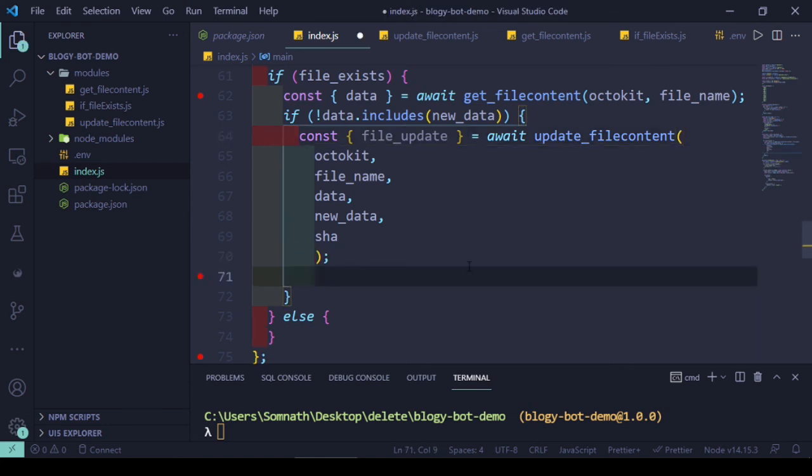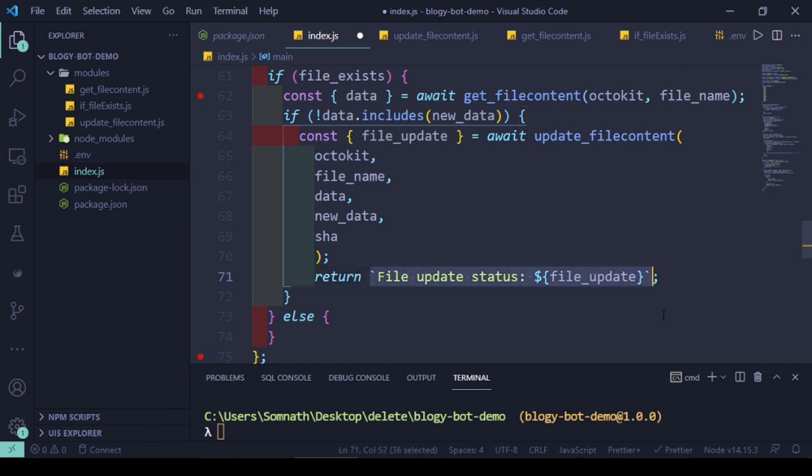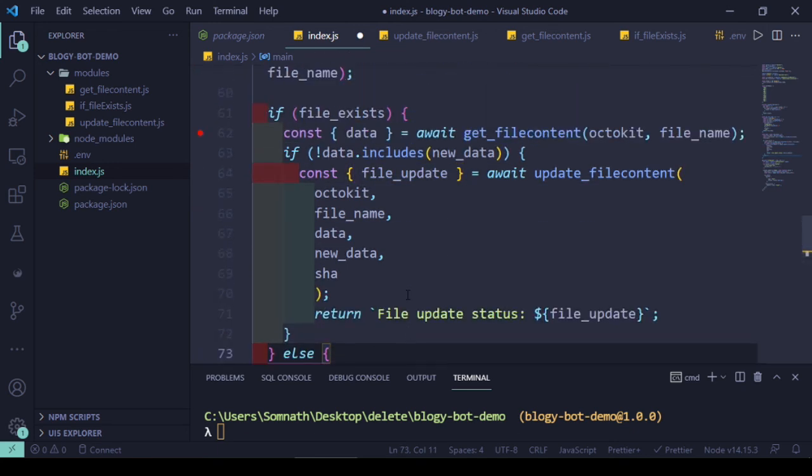Cool. Now let's return the final file update status, which we received from here and from this main function. That means if the new data I want to update is not there inside that file, then only there is a point to update it.